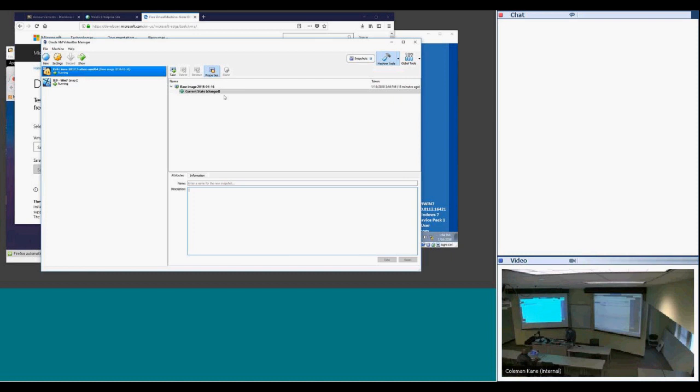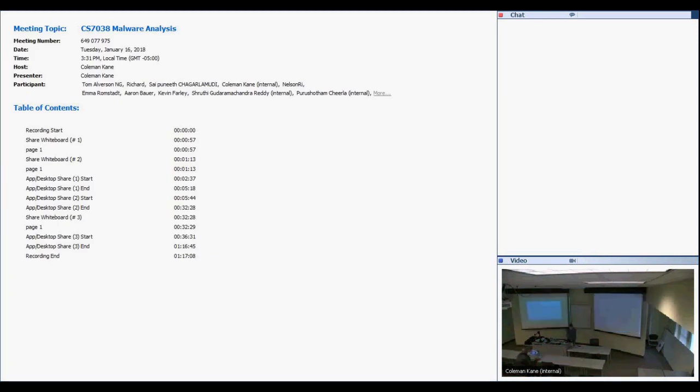Here it is. See if this works. So we'll experiment with this. I don't necessarily want to use the whiteboard for the sake of all the folks over on the Northrop Grumman side, but basically,